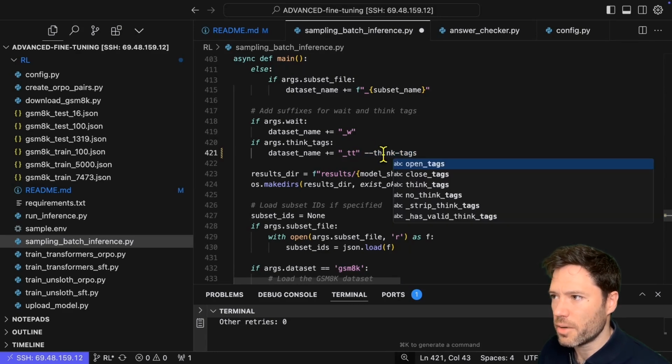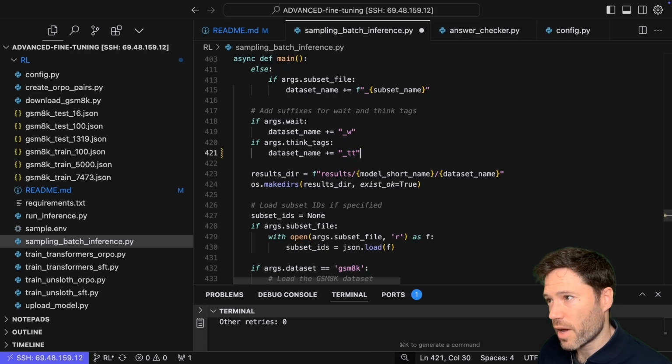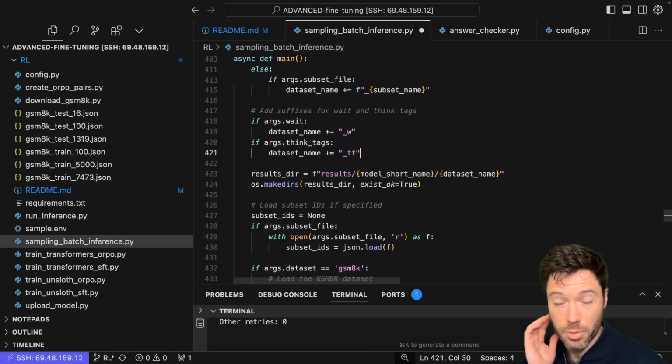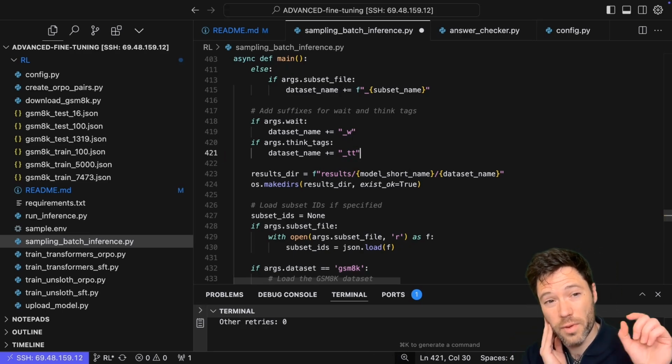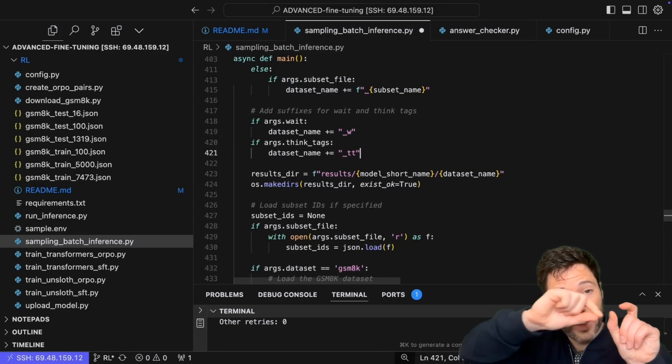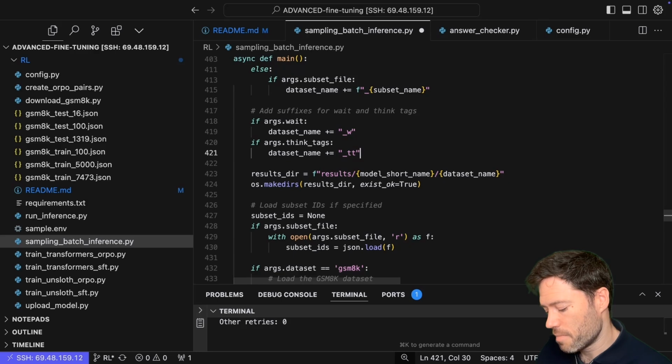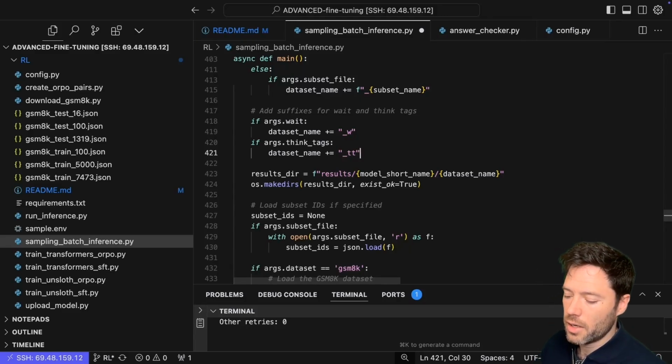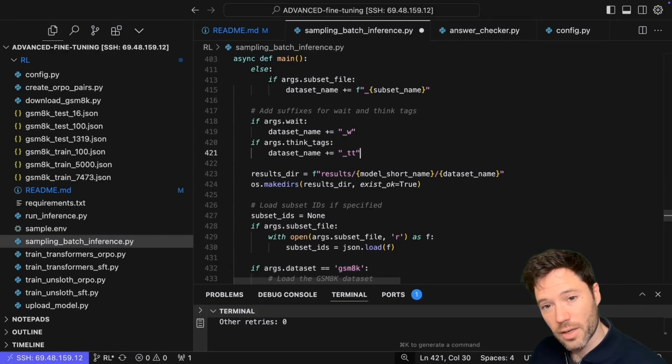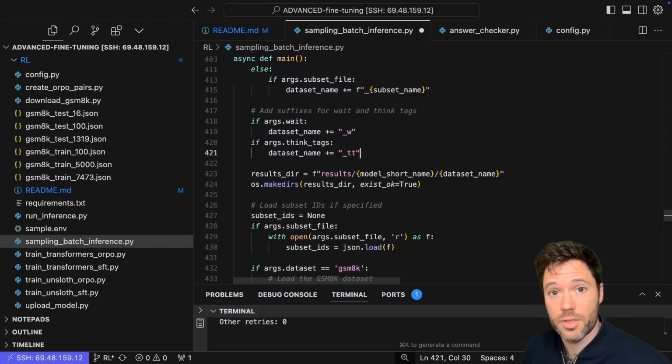When I include that flag, for an answer to be marked correct it must also have the thinking tag, the thinking, and the closing tag. The reason this is good is that if I want to generate a data set to train on, I might want to train on data that's not just getting the right answer, but also has this formatting. So this is my way of enforcing the think tags, and it's a way to enforce it using just supervised